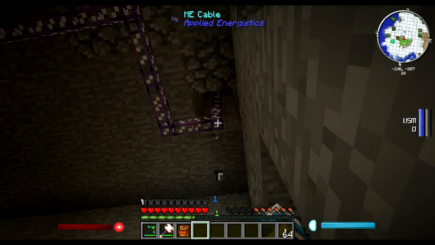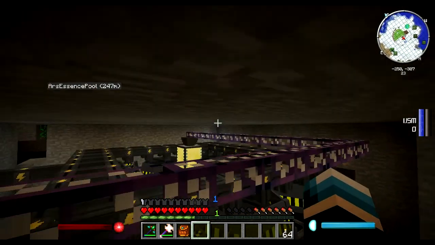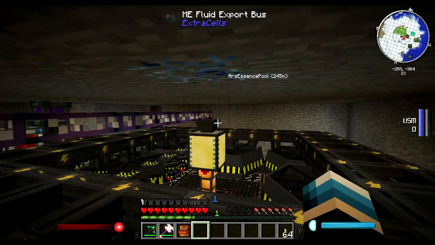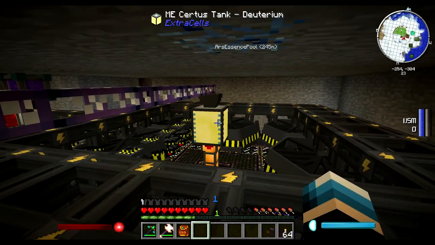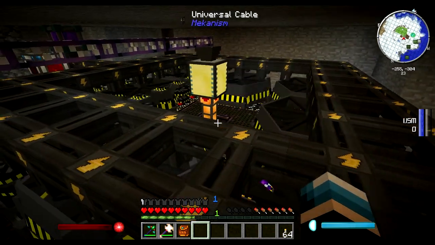That is connected, that's just a bug. So this cable is running all the way down here, along to here, putting the fluid export bus, exporting the liquid into the Certus tank from Extra Cells. And that's a kind of backup buffer storage for it, which is then being put into the fusion